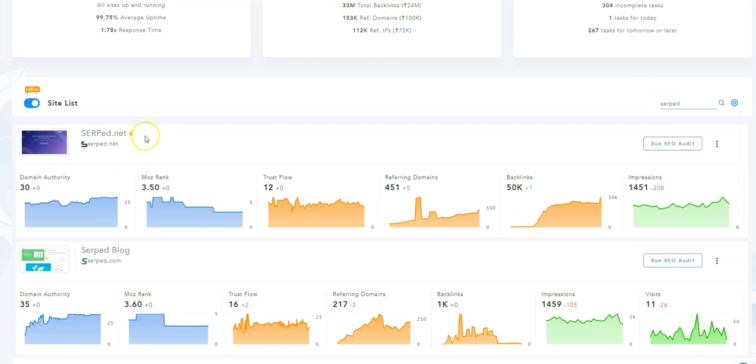Please note that this is an early version of the new dashboard view. There might be more data available at the time you watch this video. If the data you want to see is not available here, don't hesitate to let us know and we will do our best to add it. Just in case you're wondering, if you don't like this new view, you can keep using the old one of course. We're not planning to remove the old view. You can choose between the old view and the new view and change at any time.